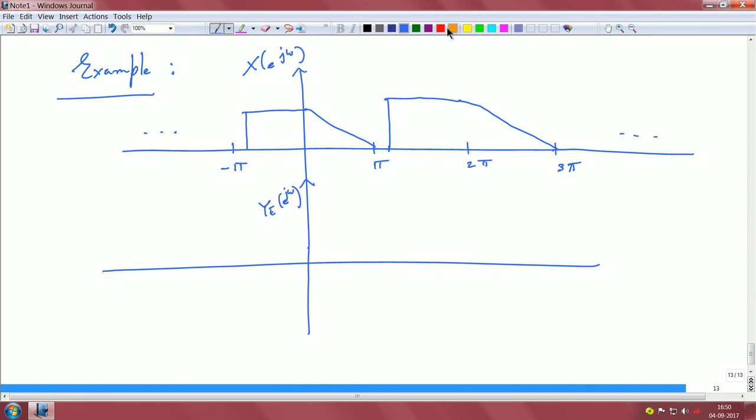Suppose I consider an L equals 5 upsampling, right. So, now this is going to be compressed in the frequency domain, and we have this 1 over 5 factor